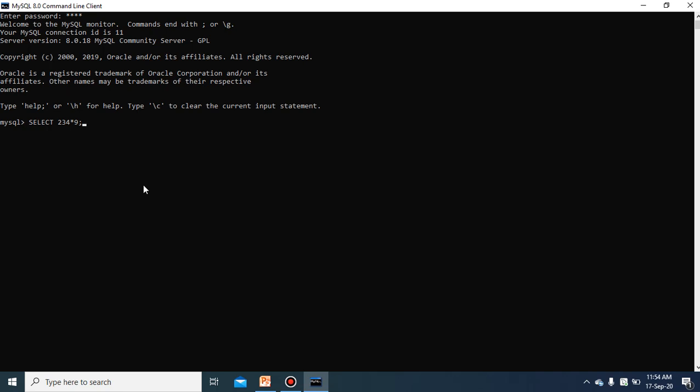This is a very simple calculation, and the output is coming as I have told you: the dummy table has one row and one column. So you get the output in one row and one column. What you write after select will display as the column heading, and the product of these two numbers is 2106. Here I have not specified any table name.